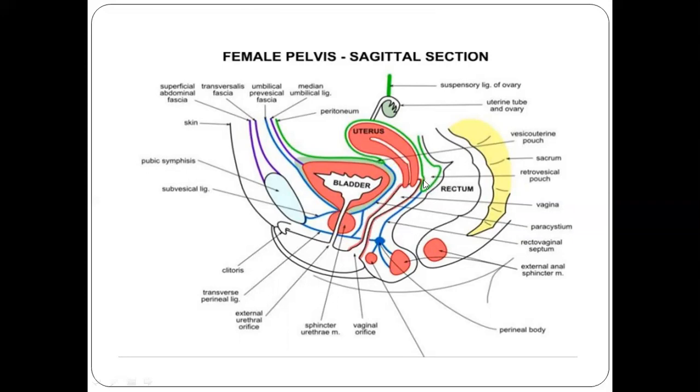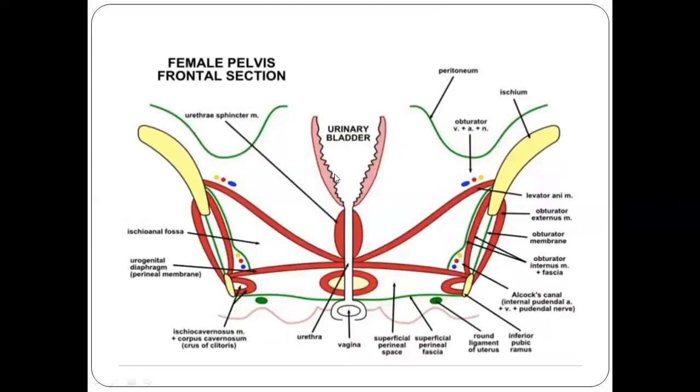This is the recto-uterine pouch. These are the relations: the superior surface, the apex with the median umbilical ligament, posteriorly the posterior surface of the base. At the neck we have the urethral sphincter. So this is the bladder in the female. This is how the bladder is in contact with the levator ani and the obturator internus.